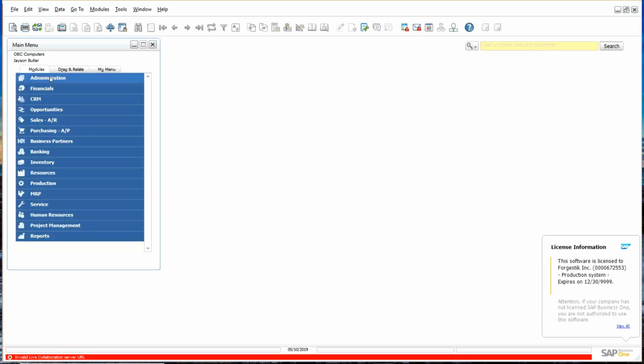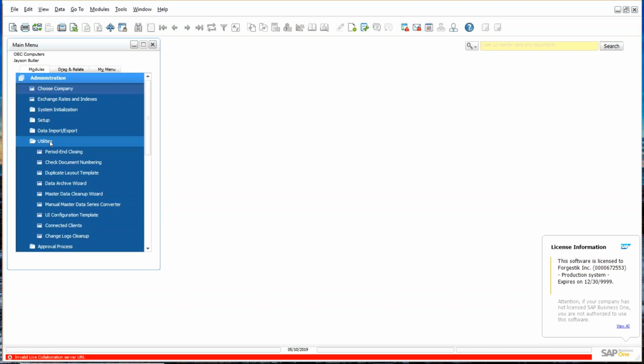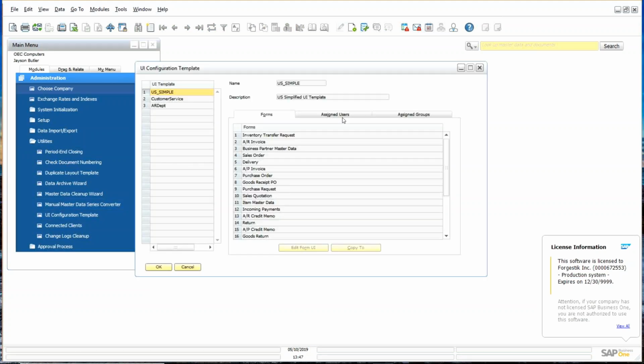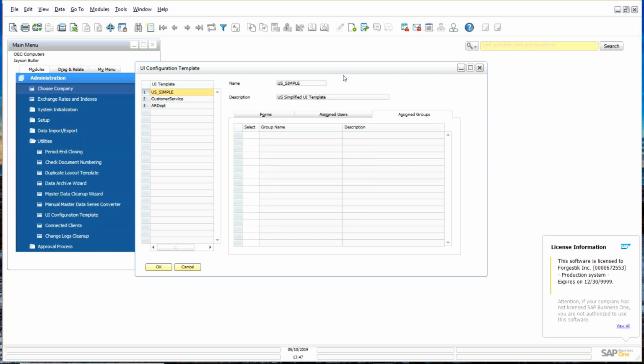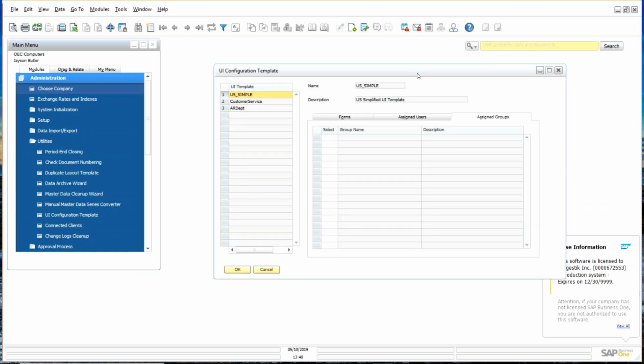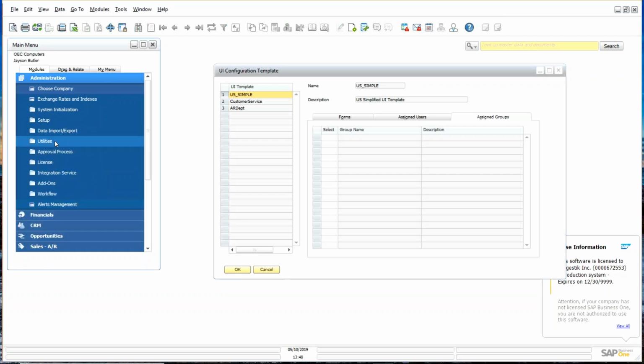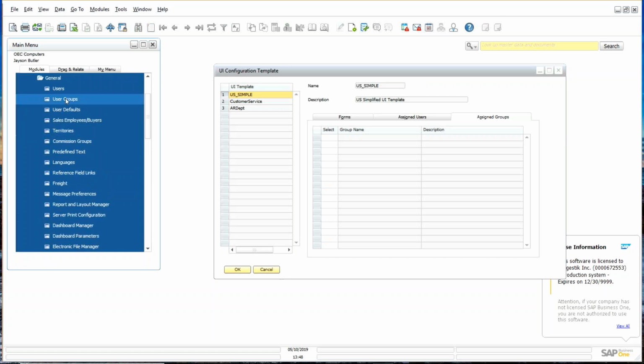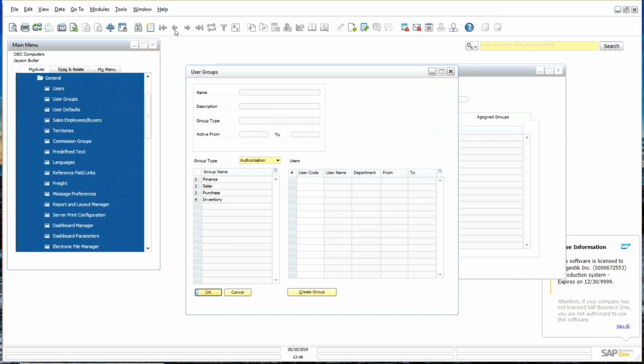When I go in my UI template, I can also assign it to a user group. Since 9.0, SAP has created a user group, and it's a very nice tool. It allows us to really group our users, and within each group, we can set for which function we want to create that group. So we could create a group for authorization, a group for alerts, or a group for UI configuration,